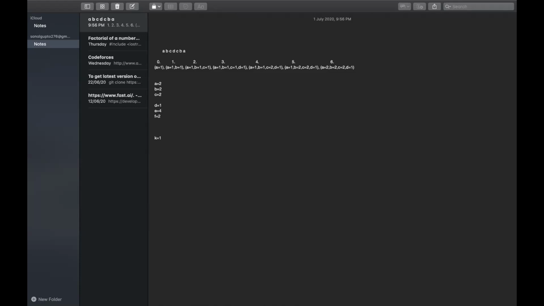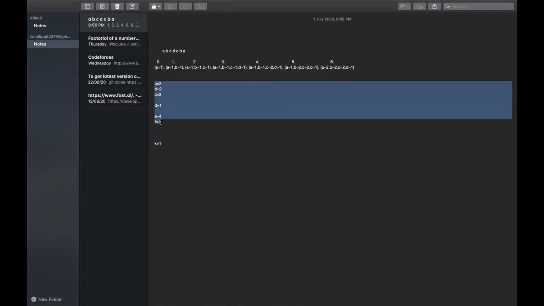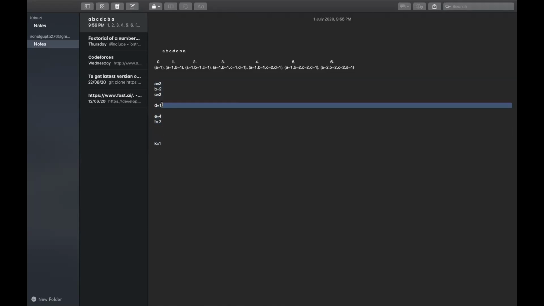Does everyone get this? So with one repair, I'm making two characters' counts even. So if I have a string with these frequencies, it will still be a palindrome, because you have a single odd now.